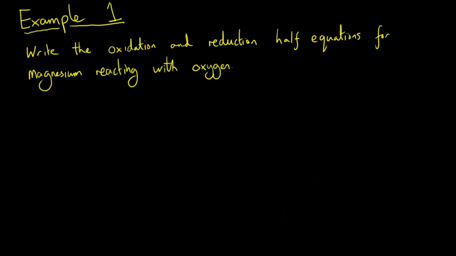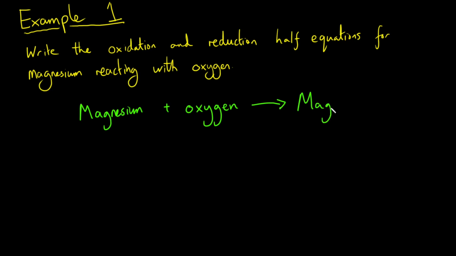Let's look at this example question now. It's asking us to write out the oxidation and reduction half equations for magnesium reacting with oxygen. First thing I'm going to want to do here is to write out my balanced chemical equation. Let's start out with a word equation first of all. So I've got magnesium, and I'm going to react that with oxygen. We should be more than comfortable by now with working out the product here. If I react a metal and oxygen, I produce a metal oxide, and in this case the metal oxide will be magnesium